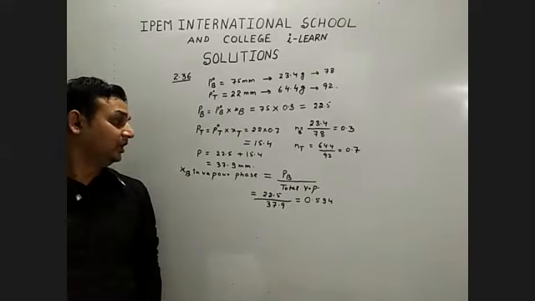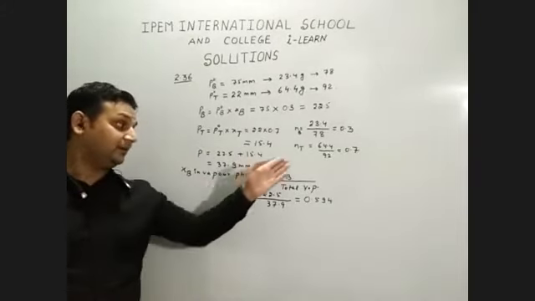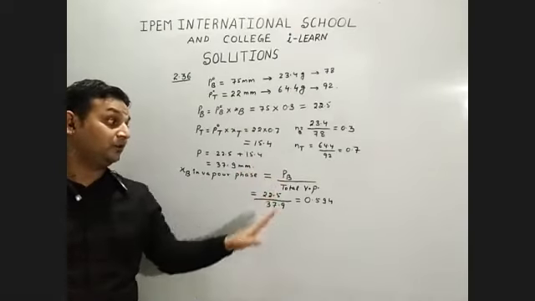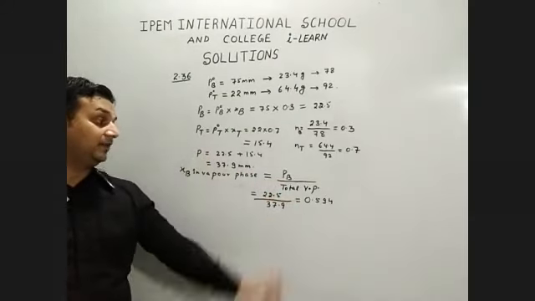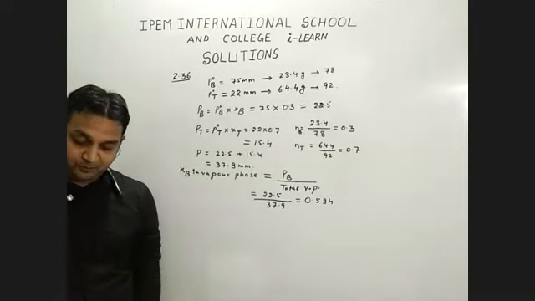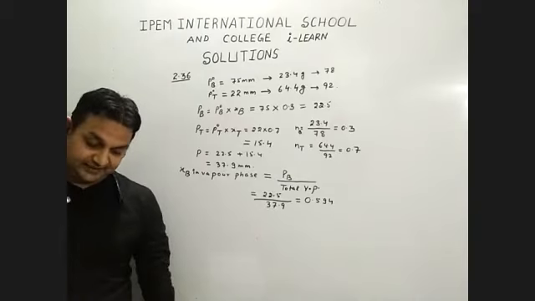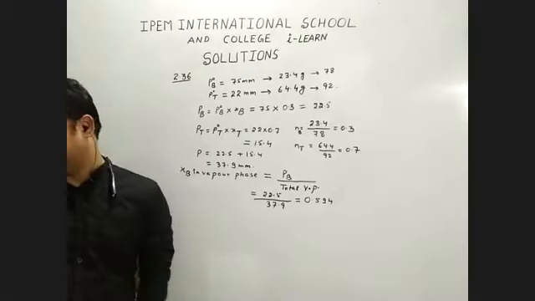All right. So this is the mole fraction of benzene in vapor phase, which is equal to the partial pressure of benzene upon the total vapor pressure of the solution that we have calculated. Now 2.37, it's a very easy one. Nothing you have to do. 2.37 is an example of 2.20.